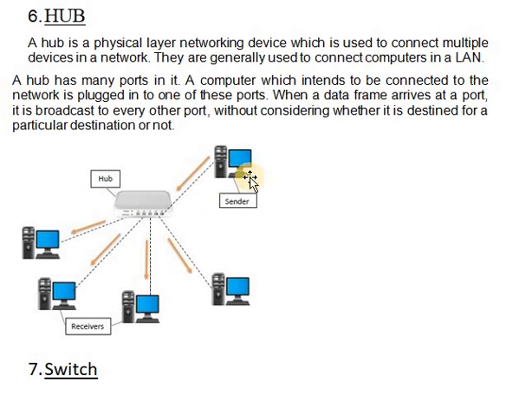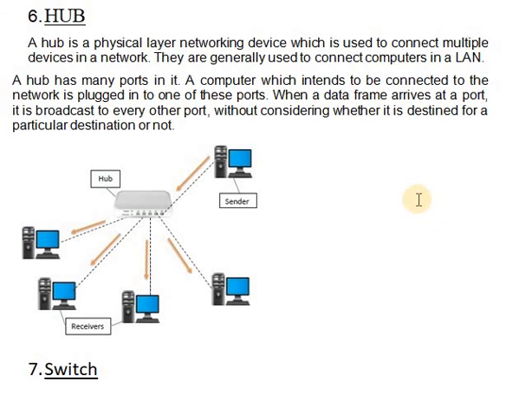Let's say a computer connected through a network wants to send data to one particular other computer. The hub does not know the specific address of the receiver, so it will send the data over to all computers whosoever is connected with the hub. But it will be accepted only by the destination PC whose receiving address is mentioned in the message. So you can say that the hub is not intelligent.